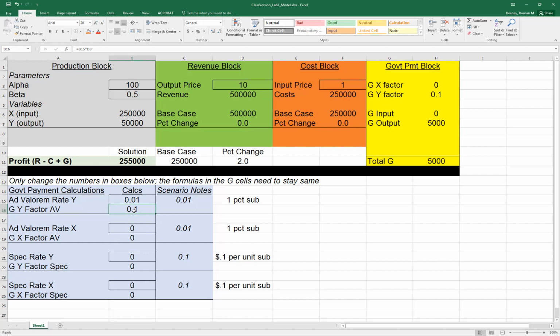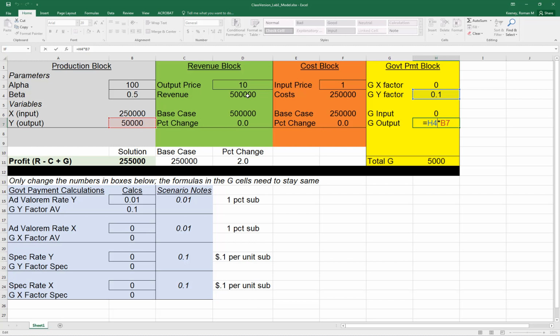And then you see it gets taken from here and copied up here. And you see this is a formula that says give me both, right? So you could run an ad valorem and a specific subsidy to output from this formula. It says take B16 and B22, and that gives you the total government payment per unit factor, and calculate those two together. And that's how we would calculate right here. H4 times B7,